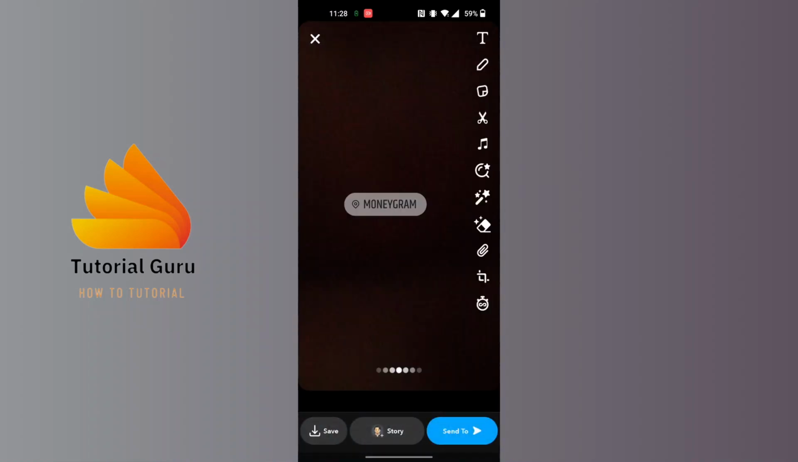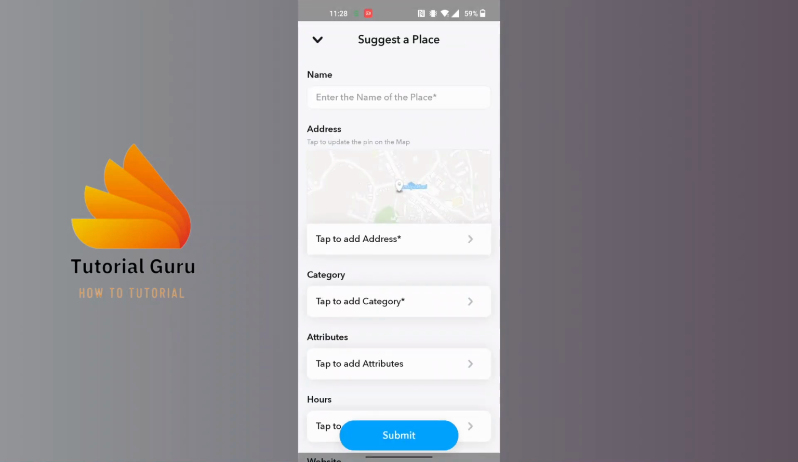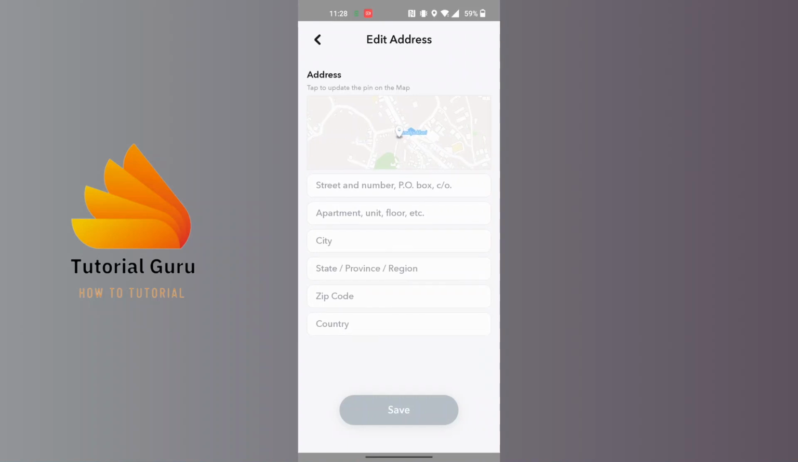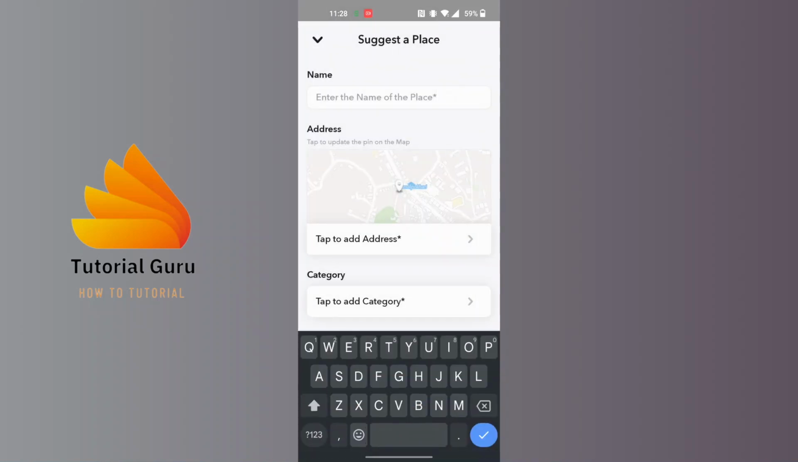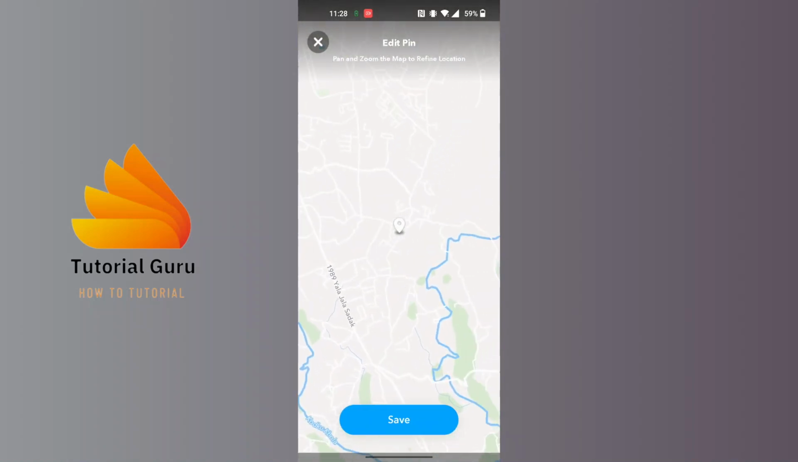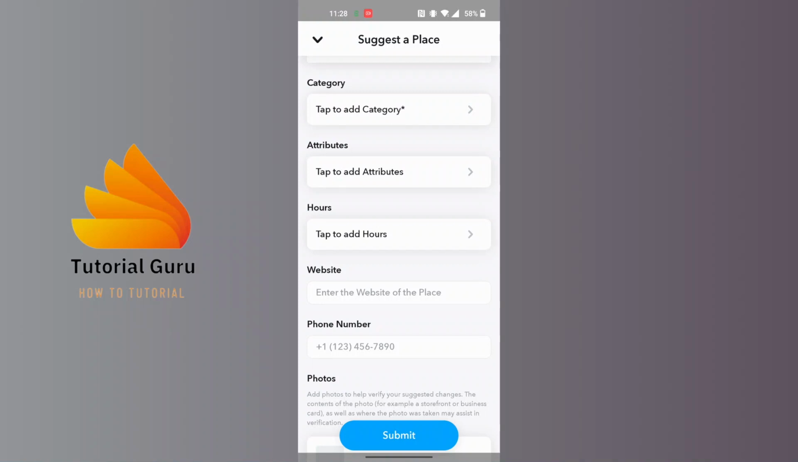So let's go back. You can also add other locations from suggest a place. You can go to the address, tap on address, okay, and enter the name of the place. So you can edit the pin. You can go to another place and tap on save over here, and after that, enter your phone number, website,